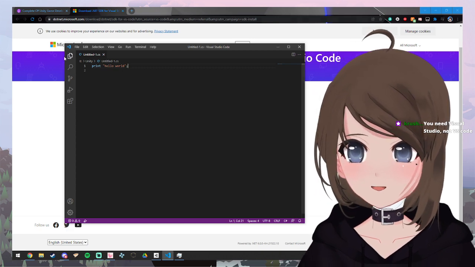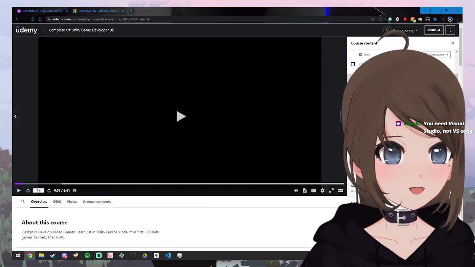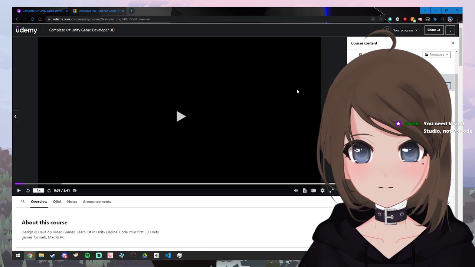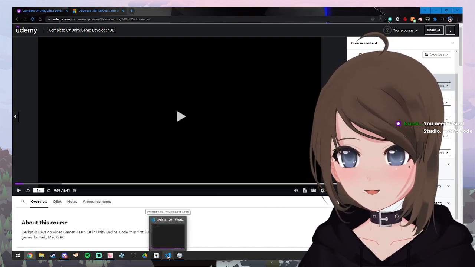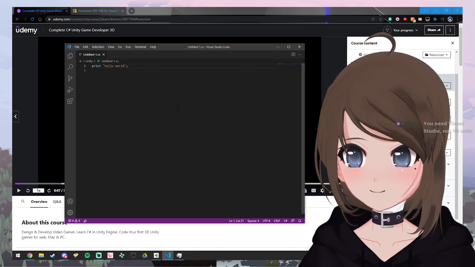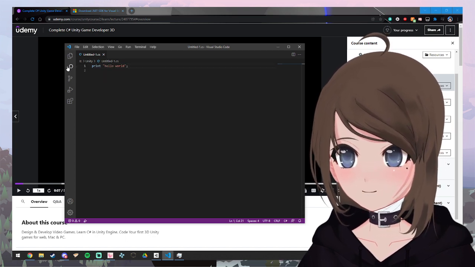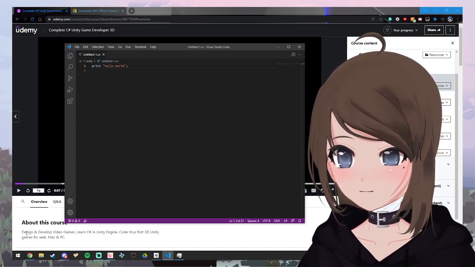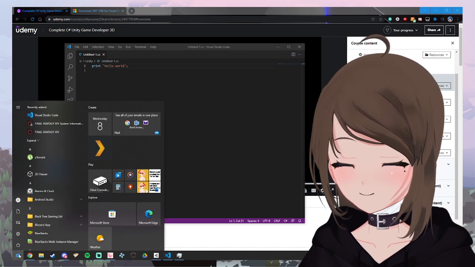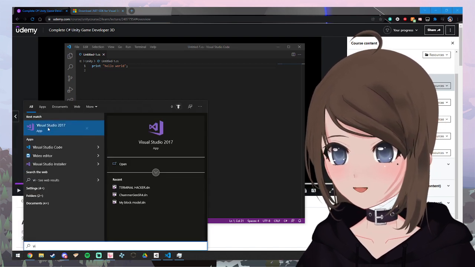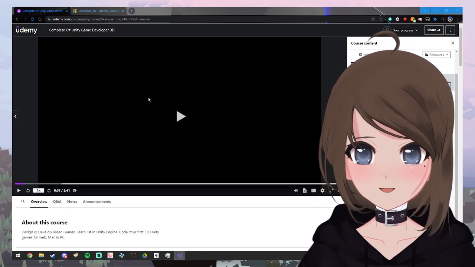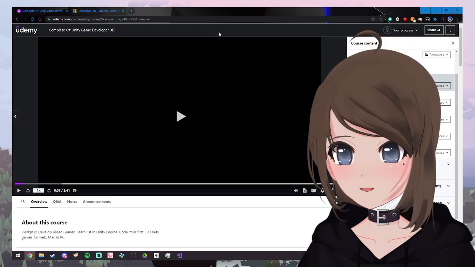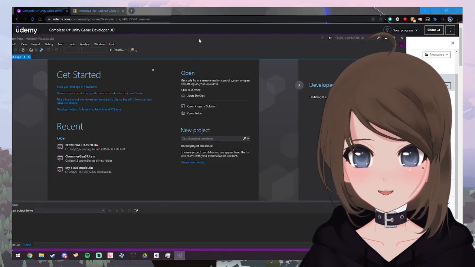What's the difference? Because this course I'm doing says get Visual Studio Code. And you can't see the course because it blacks it out to stop DRM thingies. But I have this Visual Studio as well. Is this out of date? Do I use this? Get rid of this? I have this. Where is this? Here we go.